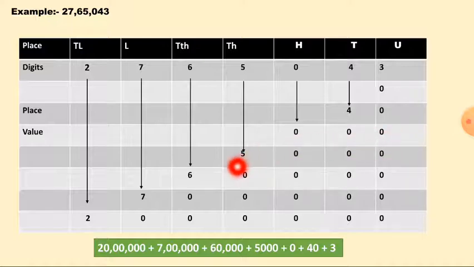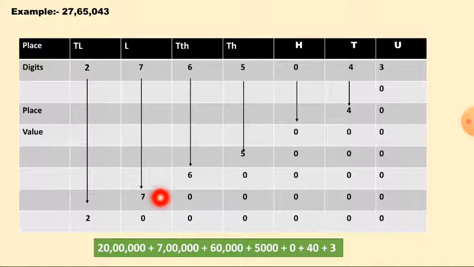Now the next place is of 1000 and the number is 5. So we will bring 5 down, and after that how many places are empty? 3 places. So we will write there 0, 0, 0 and 0. After that 6 is there at 10,000 place, so we will write 6 as it is. After that the places which are empty are 4, meaning 1000, 100, tens and unit. So in all the places we will write 0.